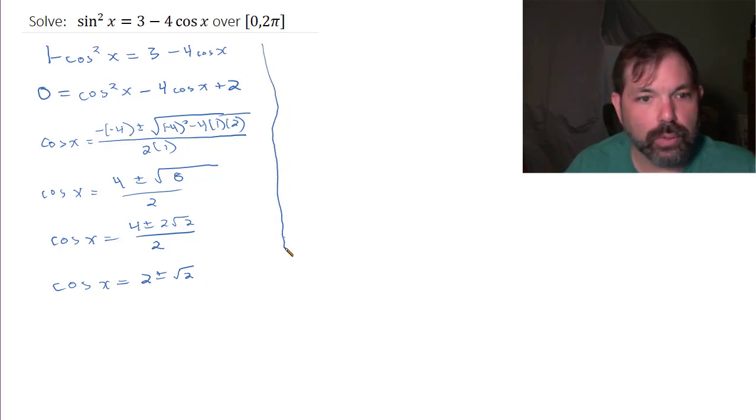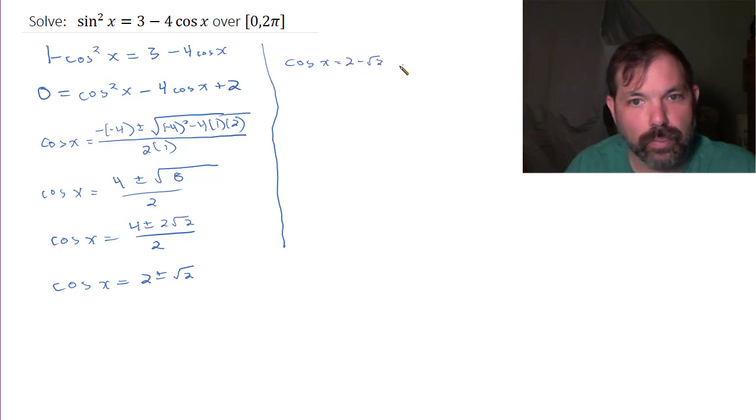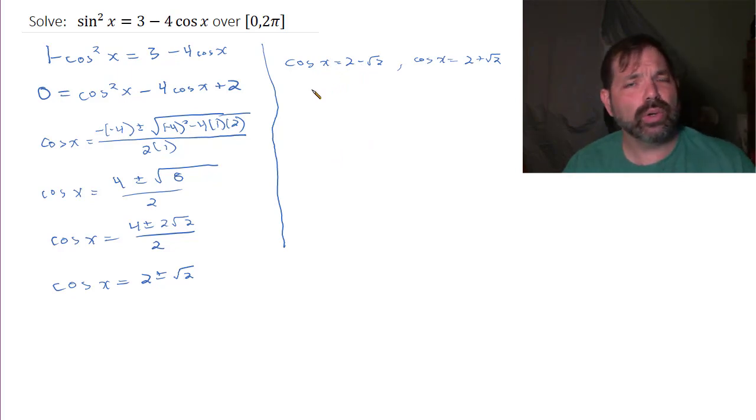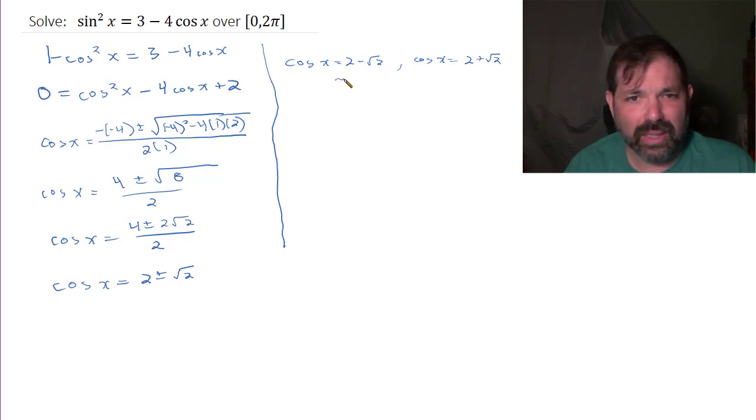So let's break that up into two situations. Cosine x is equal to 2 minus the square root of 2. Cosine x is equal to 2 plus the square root of 2. Now I know that the square root of 2 is about 1.4. So 2 minus the square root of 2 is approximately 0.6. 2 plus the square root of 2 is